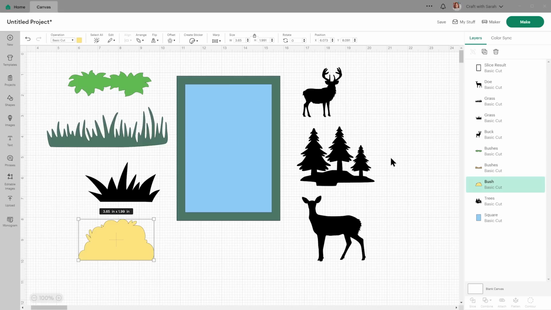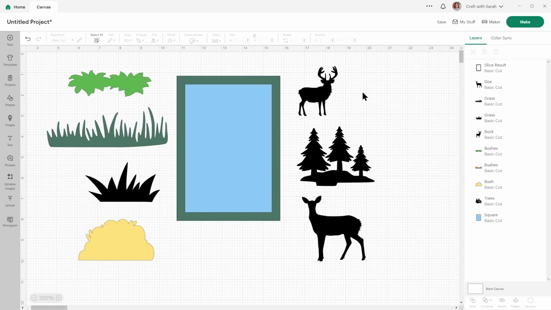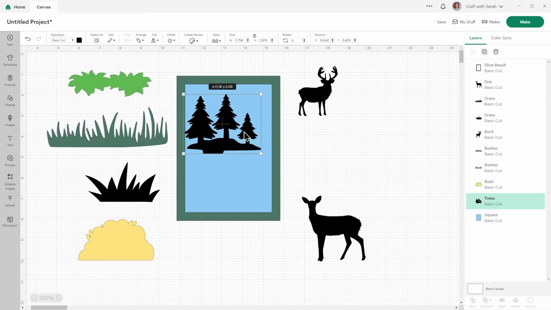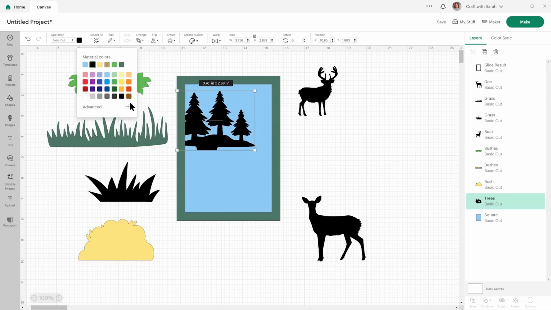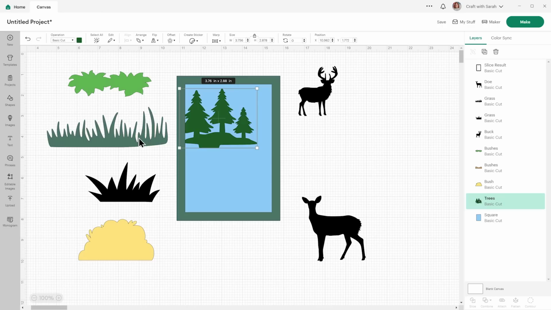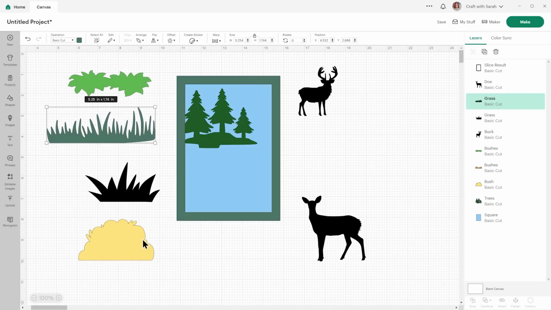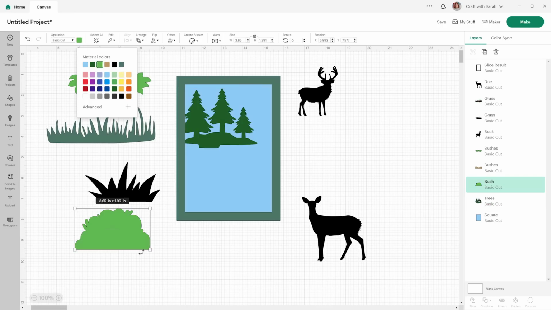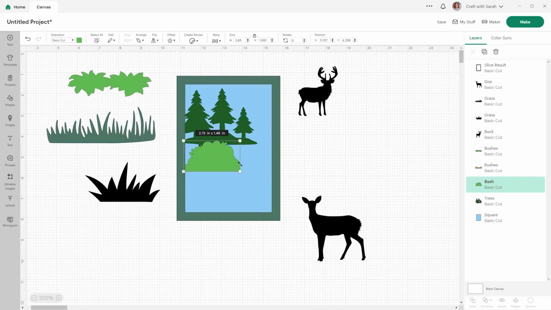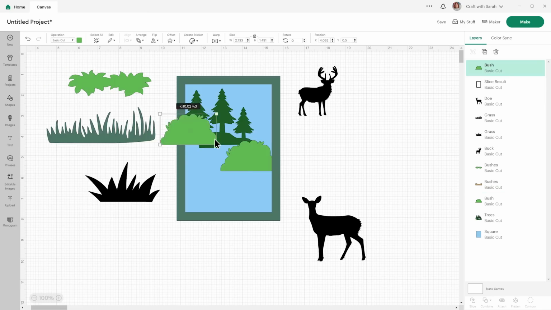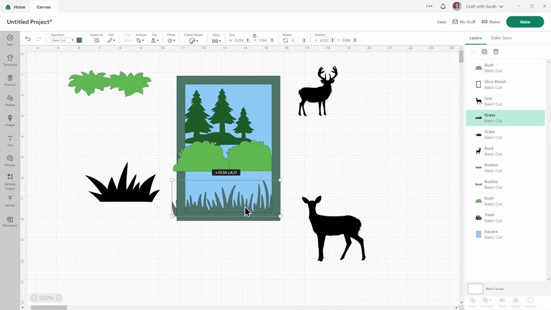So my kind of thinking for how this one's going to turn out is I'll have the sky at the back, and then I'll build up several layers of tree and grass and have some deer looking like they're in the woodland. So I'll start by just kind of roughly getting things where I might want them to go. And I'm not worrying too much about how it looks at this particular point. We're just being really rough and ready with it. That'll look nice as part of my border.